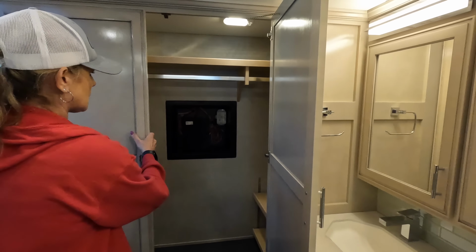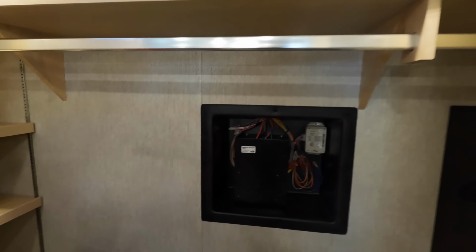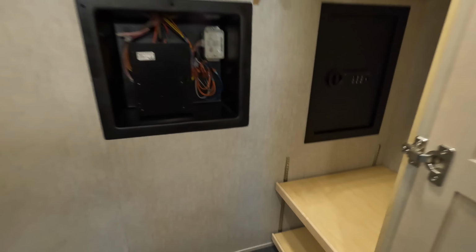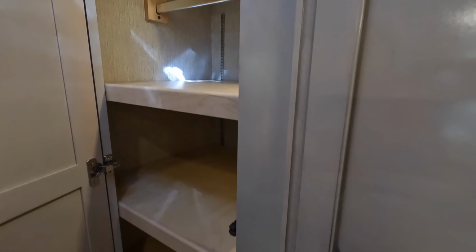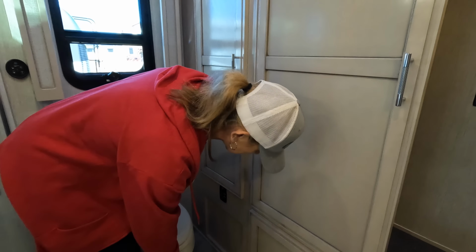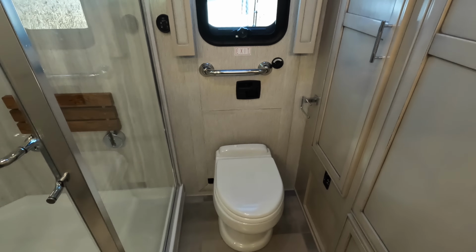And then over here, you're going to have your nice big closet. You have a large safe, many shelves, and places to hang things. A lot of places to keep stuff. And it's well lit too. You have the 2 lights right above. And then you have the other side of that closet over here, so you access it from a couple different places. And then you have here porcelain toilet with your flush, not a pedal flush, with your egress door right behind,